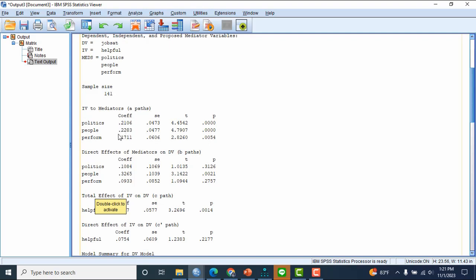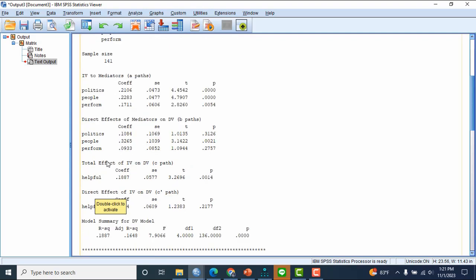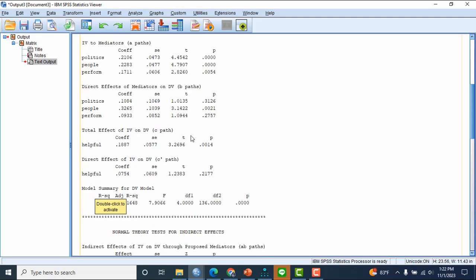This is the coefficient. And then from politic to job certification is not significant. From people to job certification is also significant, and then from perform to job certification is not significant. This is, I think, the total effect.